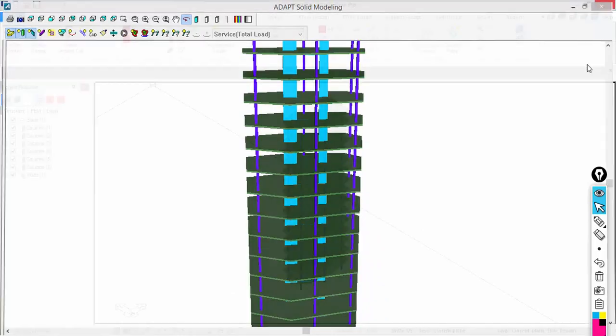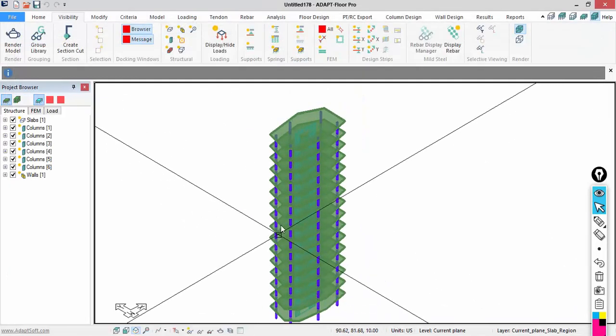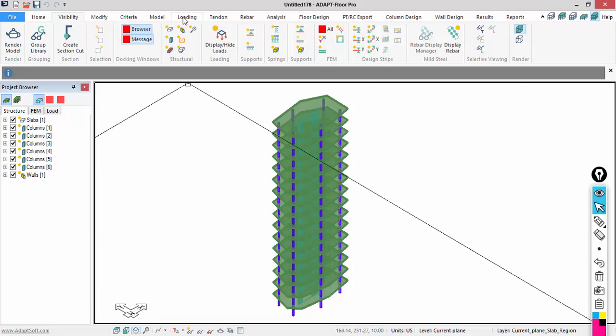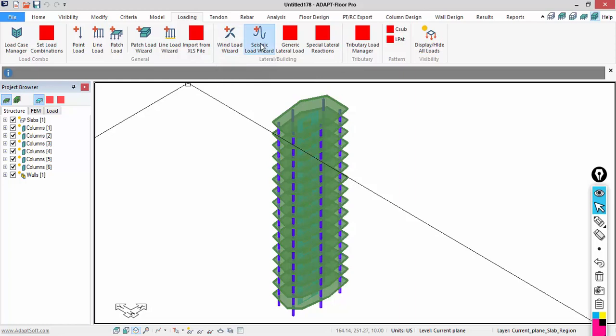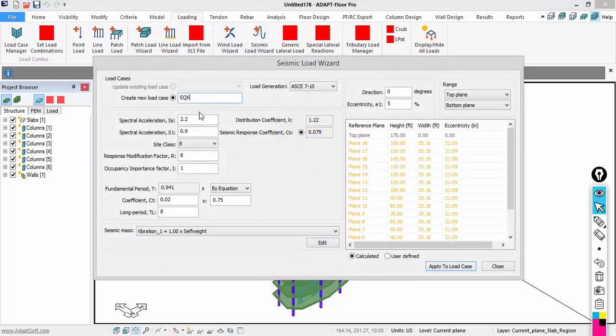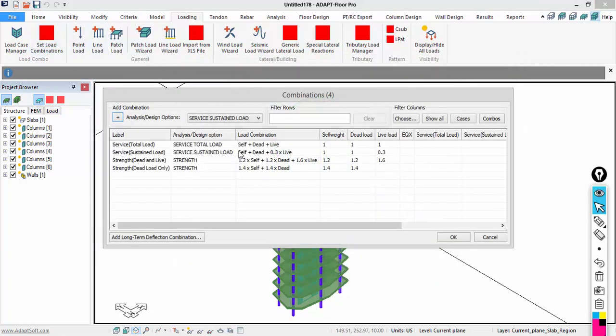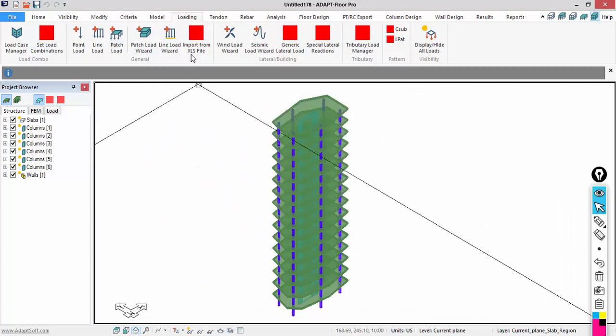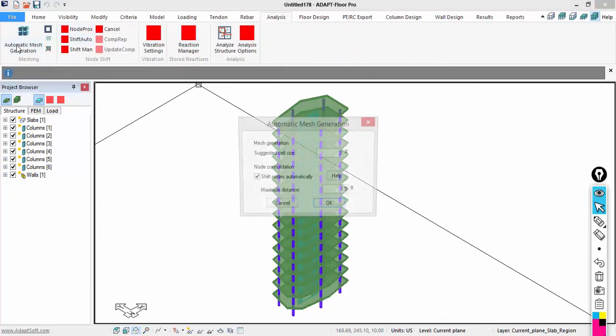And so now what we're going to do is just take advantage of the openings in terms of the solution. So I'll go here to loading. I'm going to add some seismic load to this, and we'll just use the seismic load wizard EQX. I'll bump this up so we have something fairly substantial for a smaller model like this. We'll apply this. Under the load combinations, I'm going to add under strength 1 times EQX just to include that with the gravity loads. I'll now mesh the model, so I'll go over here to analysis. We're going to mesh